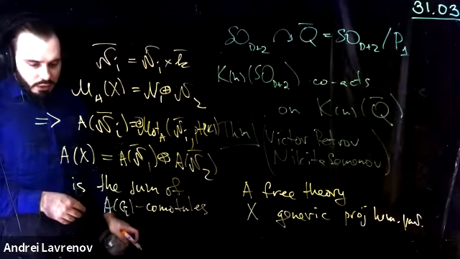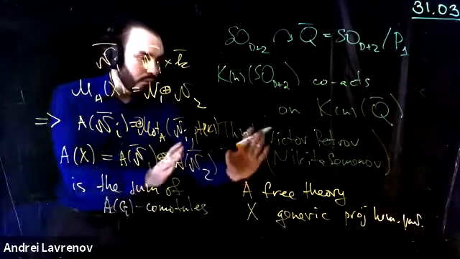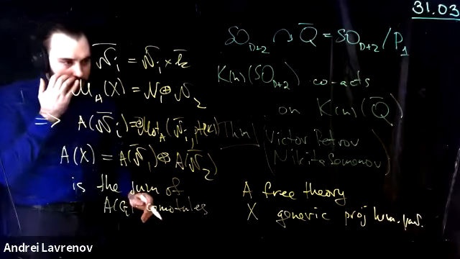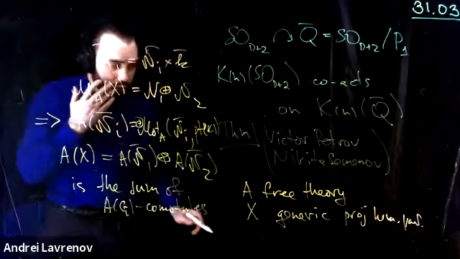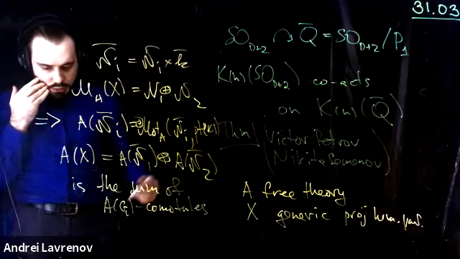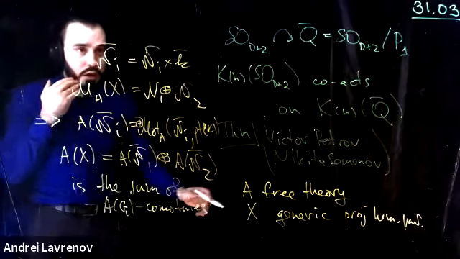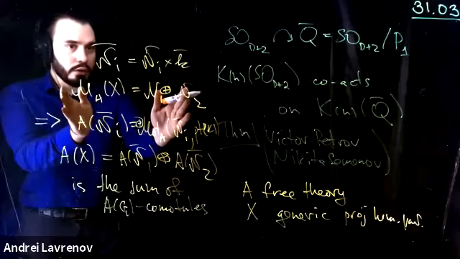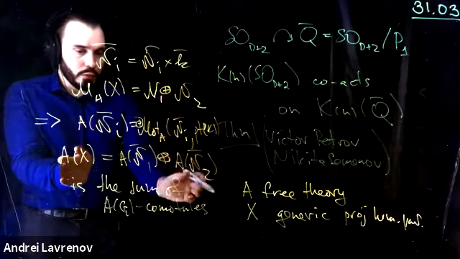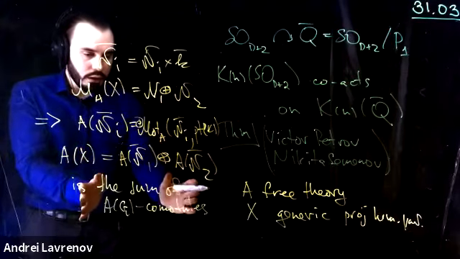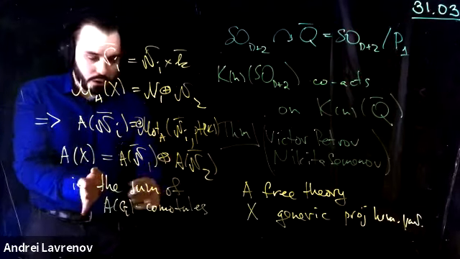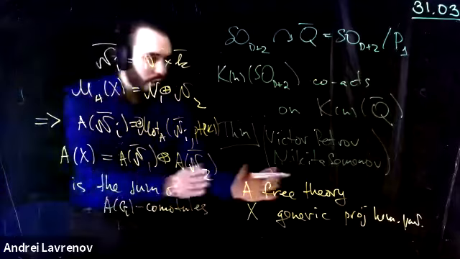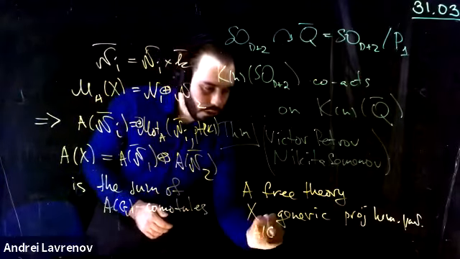Let me say it again. Say A is a free theory and say X is a generic projective homogeneous variety, I mean twisted by means of a generic torsor, and assume that its motive decomposes. Then its realization decomposes, in fact, as a sum of A(G)-comodules. And they prove more: if it's not generic, then instead of A(G) you should take some quotient.